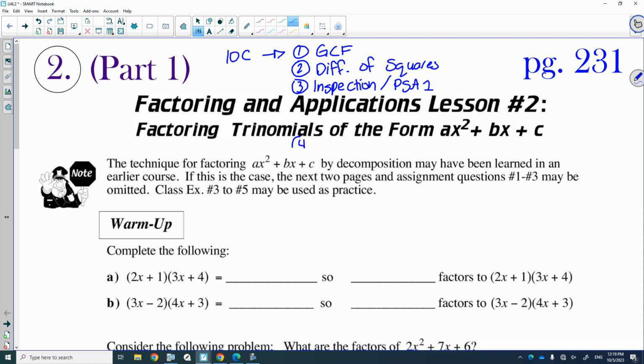Today we are going to review the fourth method from 10C, which is called decomposition. And informally I'll call that PSA 2. And then what we're also going to do today is the two new methods of factoring for 20-1. So the two new methods of factoring that you need to know are going to be special factoring